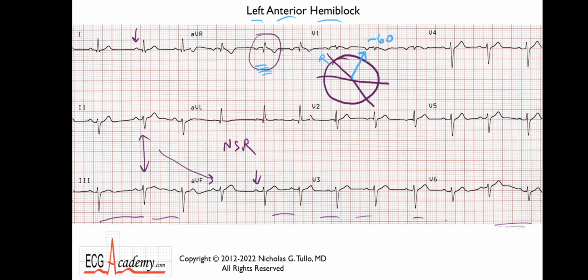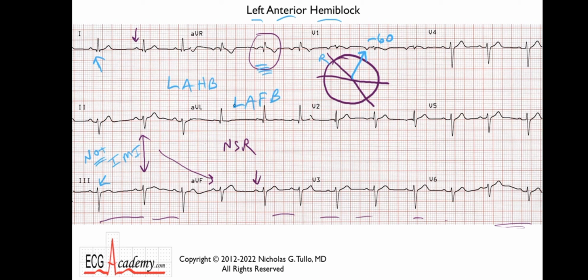Well, to make sure they do or they don't, look for R waves in the inferior leads. Since you see an R wave there, you know this is not an old inferior MI, and you also see a small Q and a tall R in lead 1. Well, there's your diagnosis. This patient has left anterior hemiblock. Some people call it left anterior fascicular block or hemifascicular block, if you really like a lot of syllables in